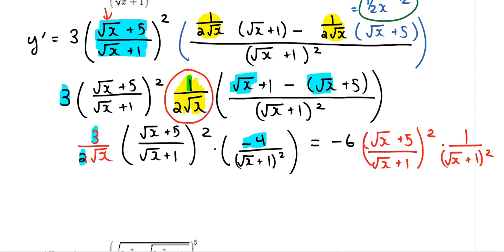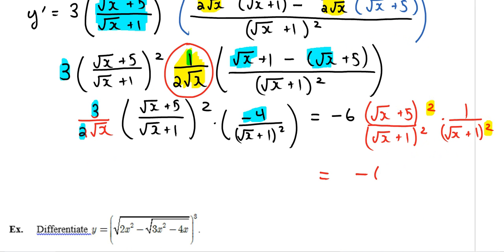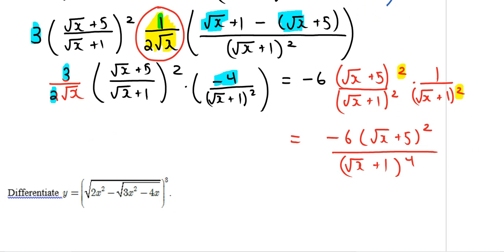And I'm trying to think if we can simplify this any more. We probably can. Let me just think about it. So what I'm going to do here is combine this 2 and that 2 there, because if I get rid of the brackets here, this is the same thing as that squared and that squared, and this would simply give me negative 6 times root x plus 5 squared divided by root x plus 1 all to the power of 4. Okay, so I think that is how you would simplify this